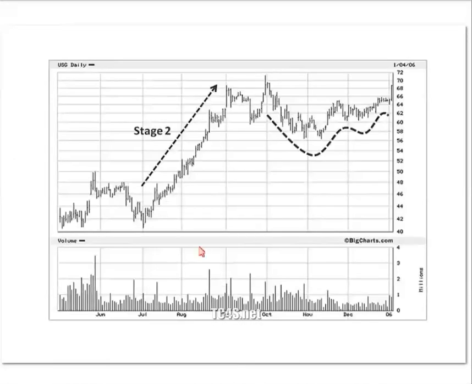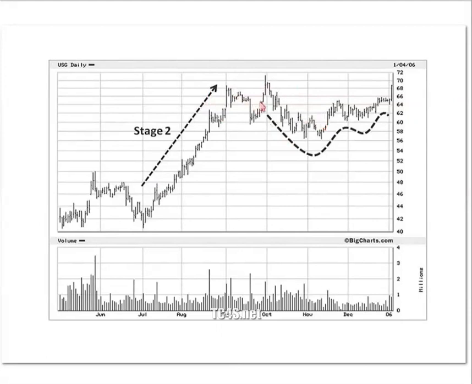Now, of course, we want the stock to be already in an uptrend. I'm assuming that most of you understand and have read my book, and that we want to be in a long-term uptrend. These are continuation patterns. We're not looking to buy the bottom of a move. We're looking to already have some evidence that institutions are moving into a stock,